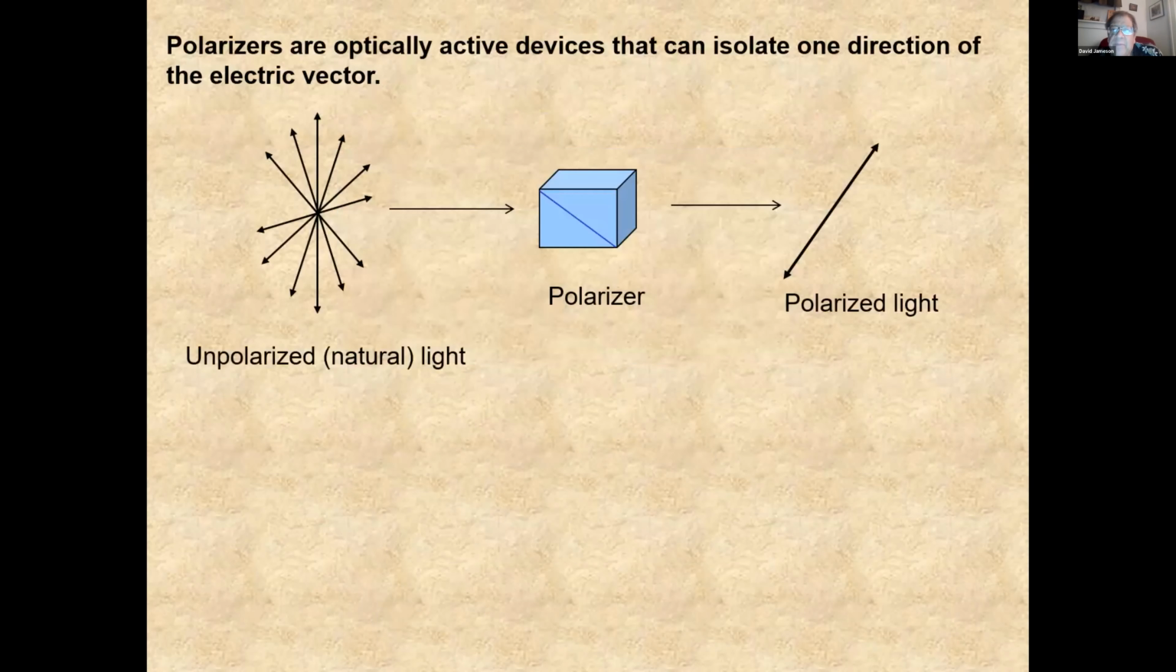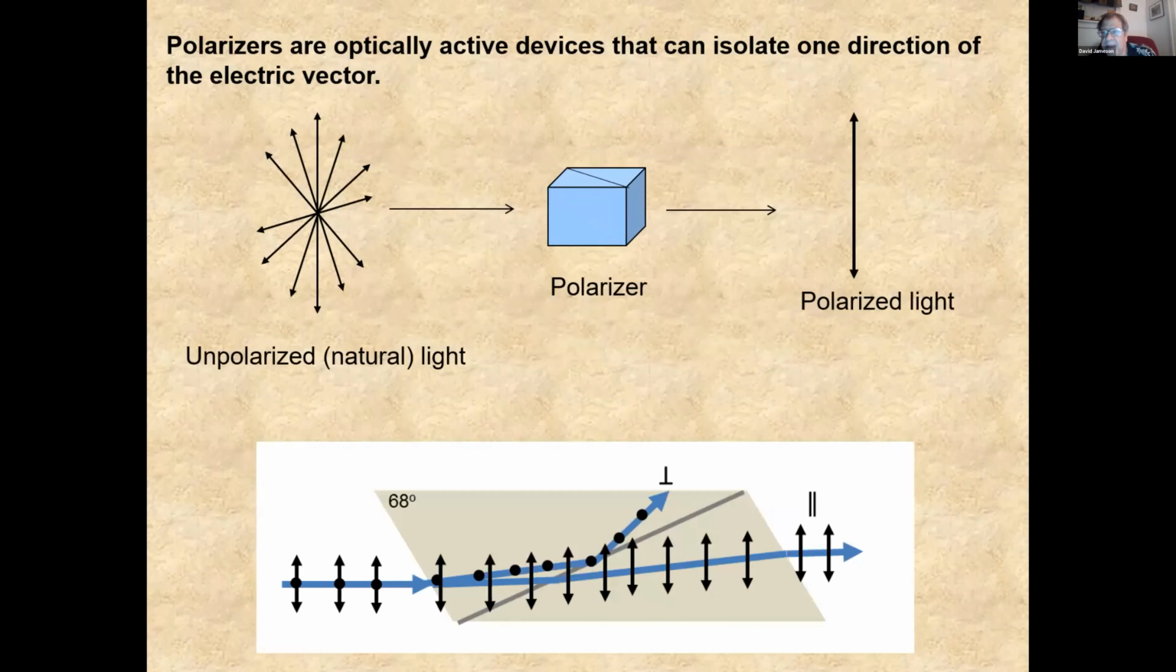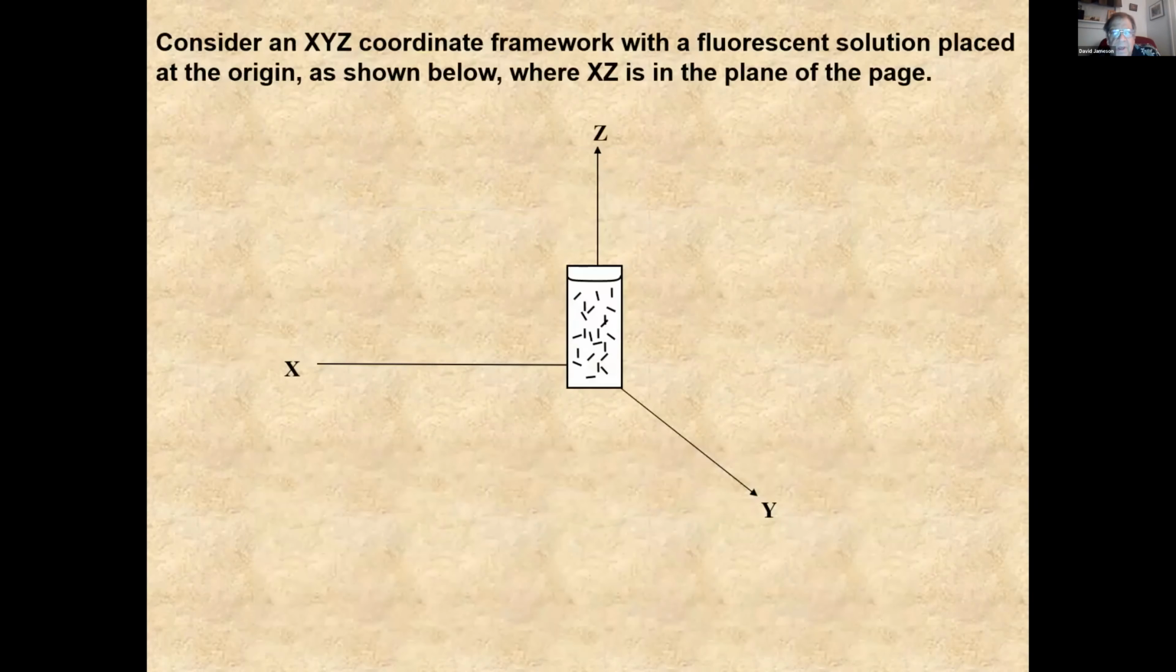But polarizers are optically active devices that isolate one direction of the electric vector. So here I insert a polarizer and I'm trying to illustrate that I've picked out one of those. If I rotate the polarizer, I'll get a different one. We'll talk more about polarizers in other lectures, but this is a typical crystal polarizer that will pass one plane of polarization. So let's consider this coordinate framework with the fluorescent solution at the origin,